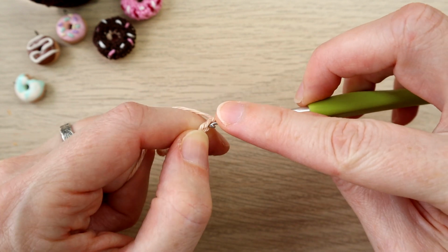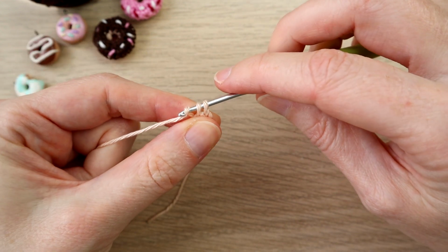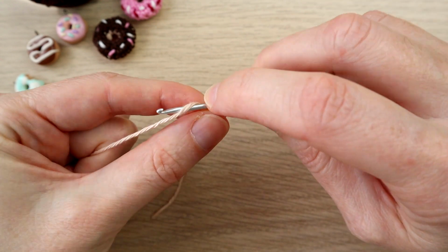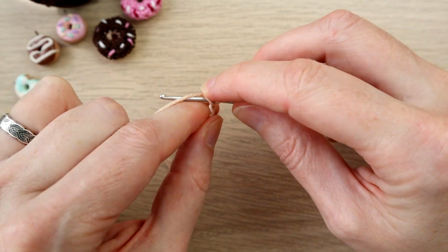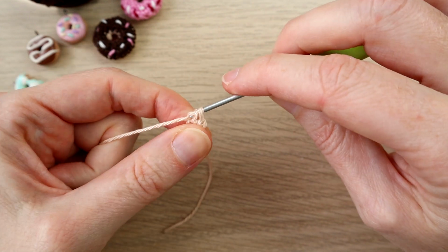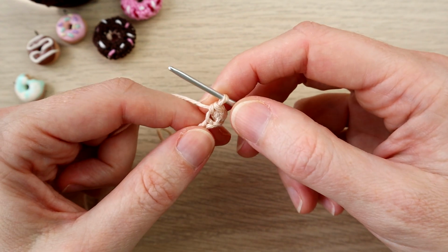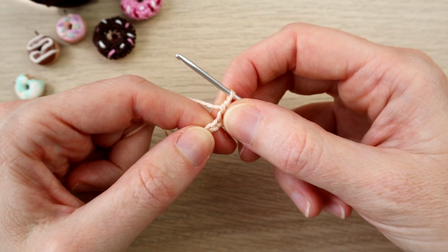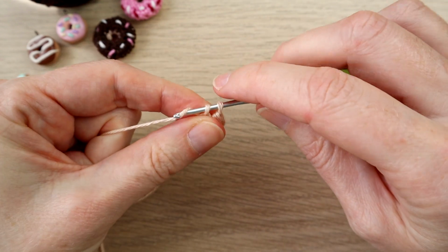Into the second we're going to do 2 single crochet. Now this pattern's in US terminology, so in UK terms it's going to be a double crochet. So 2 single crochet in that second chain from your hook. And we want to do 2 single crochet in each chain along, and we'll end up with a stitch count of 16. So 2 single crochet in the next chain,